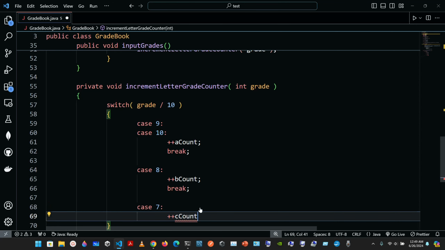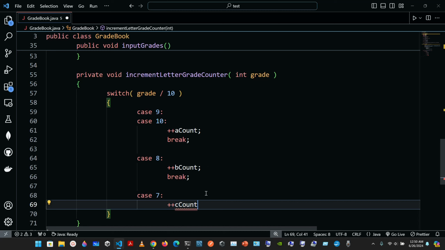Okay, so pretty much if you take an exam and you get a score of 70, you got a C. If you get 79, you again got a C, but if you get an 80, you have a B. So that's the reason we're having the B count. Now if you have a 90, you are gonna have an A, and if you have 100, that's a perfect score, 100 out of 100, you're gonna have the case 10. Okay,